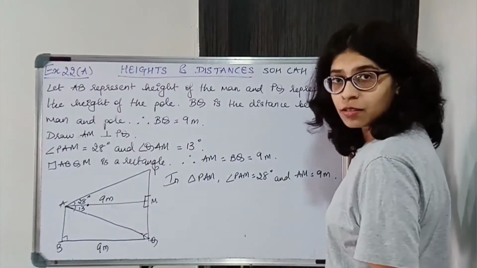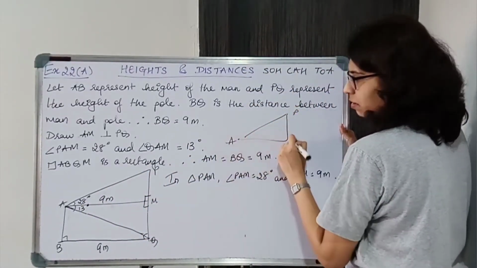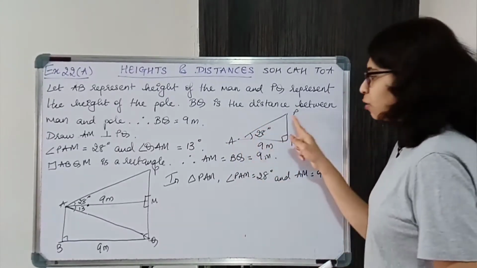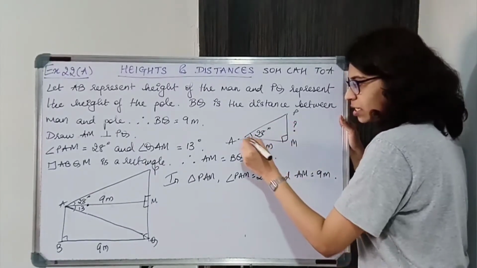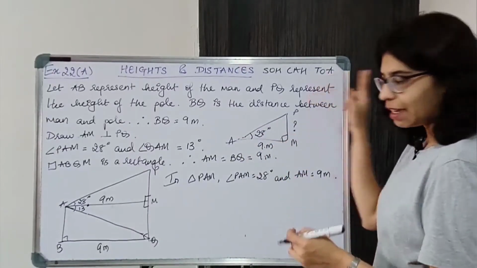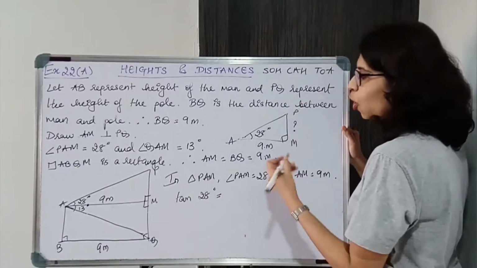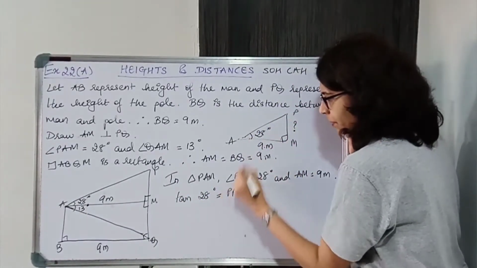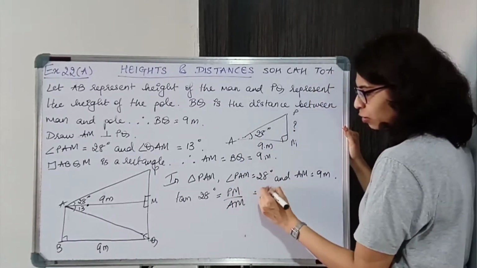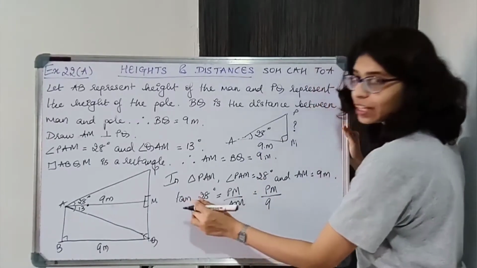We'll be using tan because in this triangle we need to find angle का opposite and adjacent is given, okay। ये तो hypotenuse हो गया, ये adjacent है, so opposite and adjacent come in tan। So tan 28 is equal to opposite, angle का opposite is PM, angle का adjacent is AM। PM we don't know, AM we know it's 9.